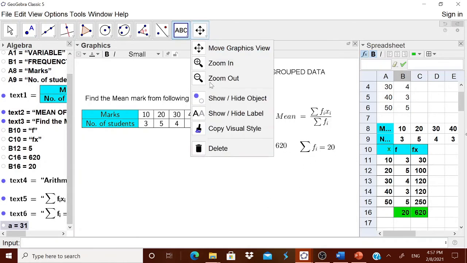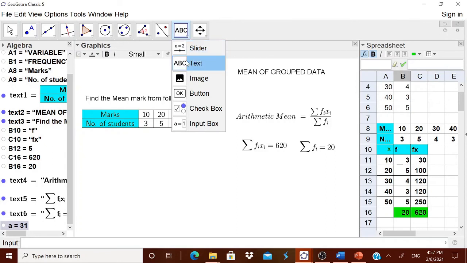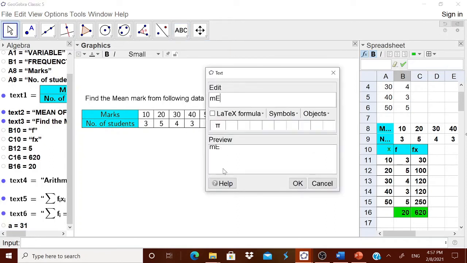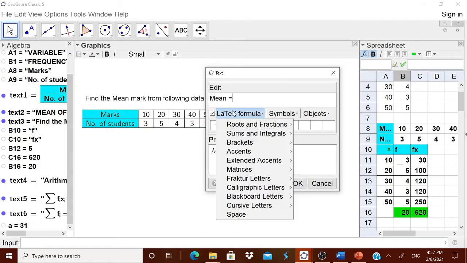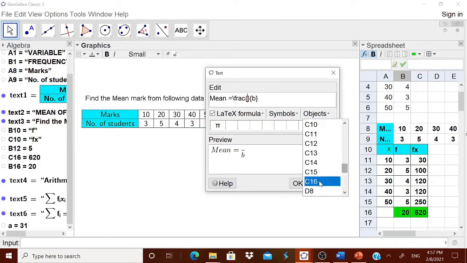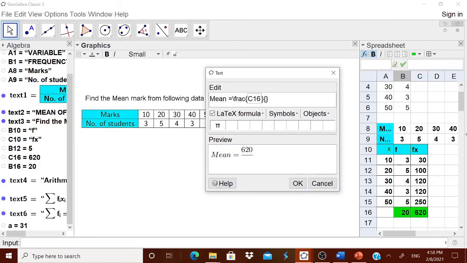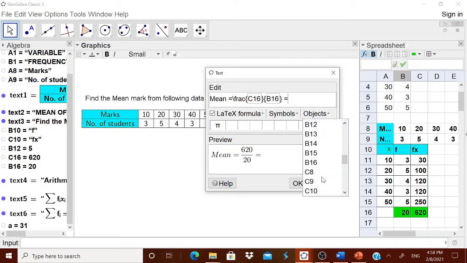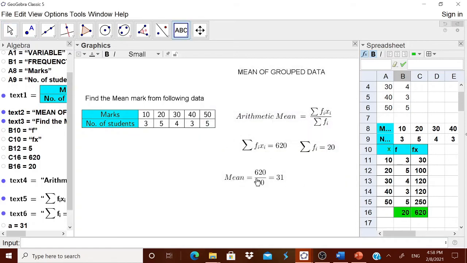Well, now let us go for this ABC once again and then tell the children what the final answer is now. Therefore, mean LaTeX formula is equal to LaTeX formula A by BC. Then here in the numerator, you should have C16 and in the denominator you should have B16. Fantastic. Is equal to, now the value is A, small a. Small a will be at the bottom. Okay, you got the answer now.